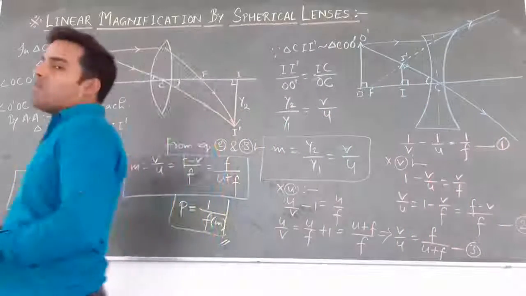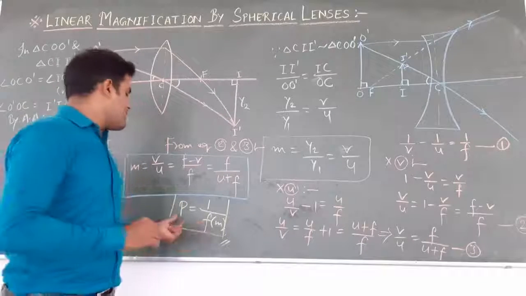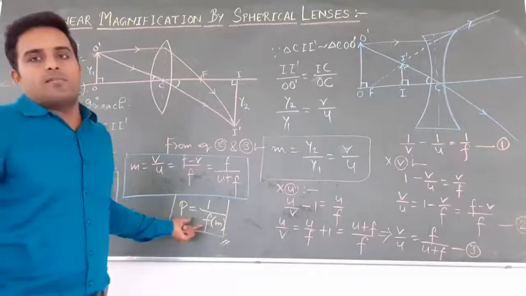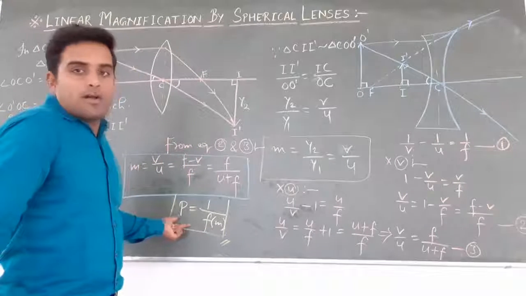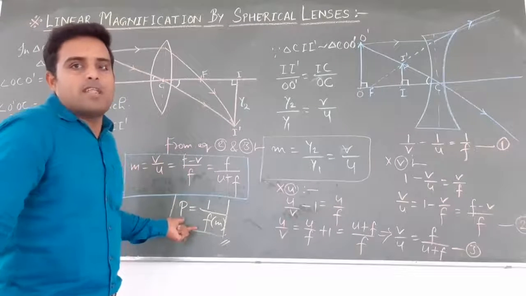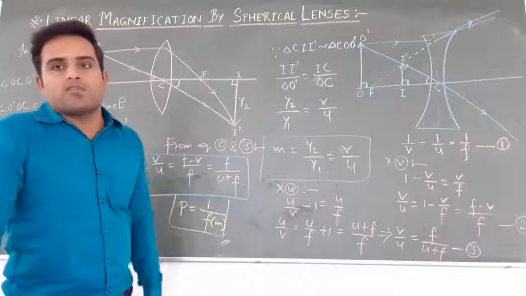And the power is always denoted by the symbol P. The unit of power, not that power of work, energy, power, but this power in optics, we measure the power of a lens in the unit diopter. So this is the unit of